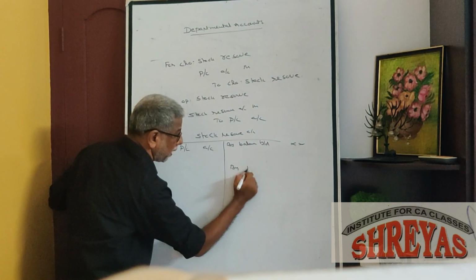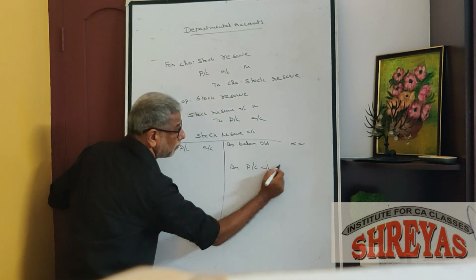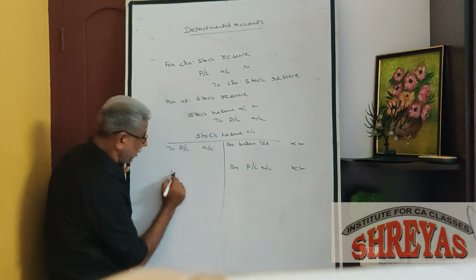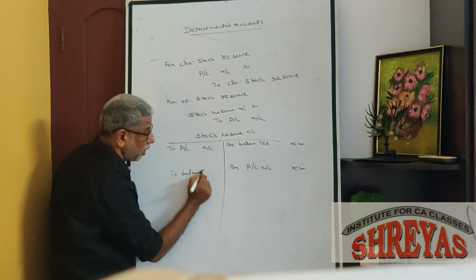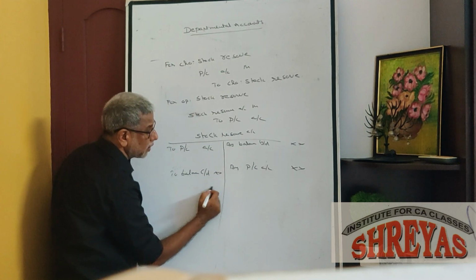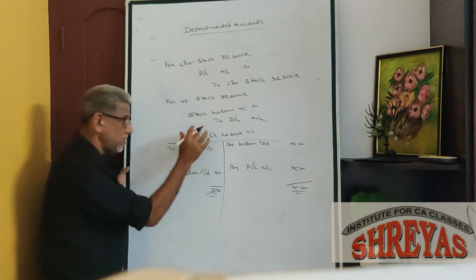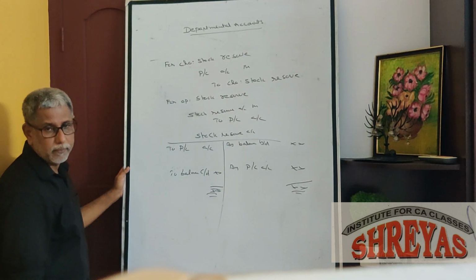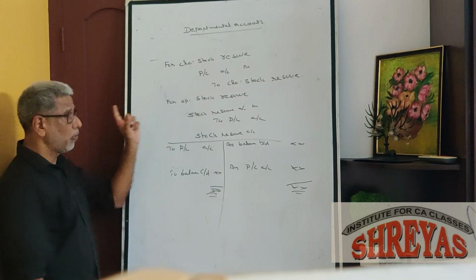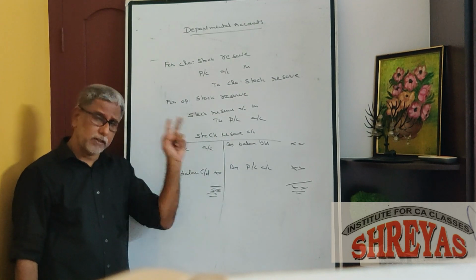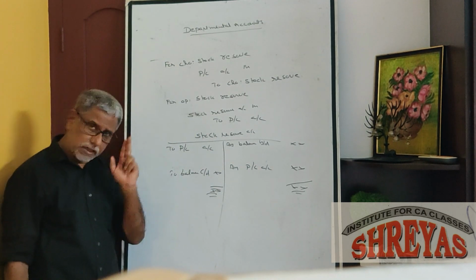അപ്പോൾ എങ്ങനെ എഴുതും? By P&L account. അതായിരിക്കും ലാസ്റ്റ് എന്തായിട്ട് വരുക? To balance carry down. നെക്സ്റ്റ് ഇയറിൽ അതെന്തായിട്ട് വരും? Balance brought down ആയിട്ട് വരും. So this is stock reserve account. Okay. അപ്പോൾ you have to calculate both opening stock reserve and closing stock reserve, and this should be adjusted to